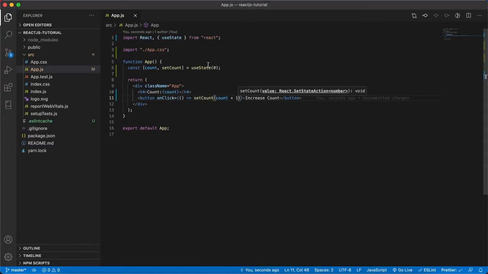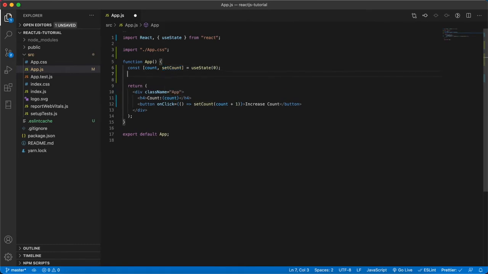Now we have seen the type number. Next we are going to see the type boolean. Similarly to the count and setCount that I declared, I will do the same thing with a different name for the boolean type. So we are going to keep a name visible, and the next function will be setVisible.